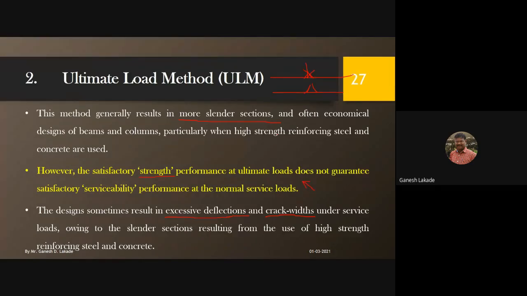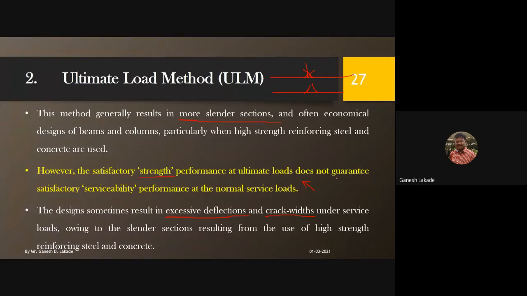Okay. So satisfactory performance or satisfactory strength means that whatever concrete you are going to use, which has a compressive strength of 20 Newton per mm², must carry that much load. It must carry 20 Newton per mm² stress. That is called a satisfactory performance. Okay. But sometimes what happens, as mentioned, is that it does not guarantee